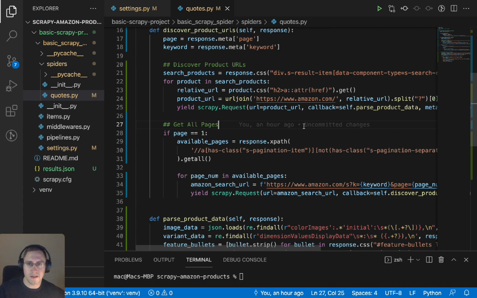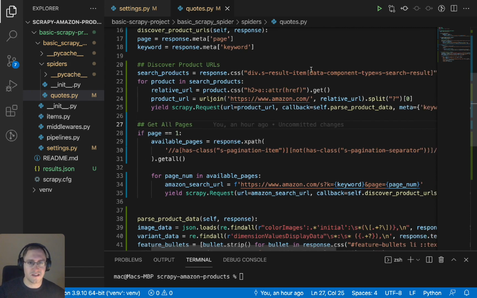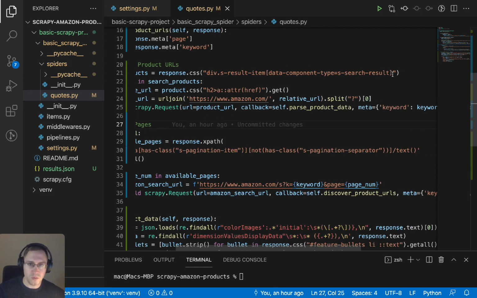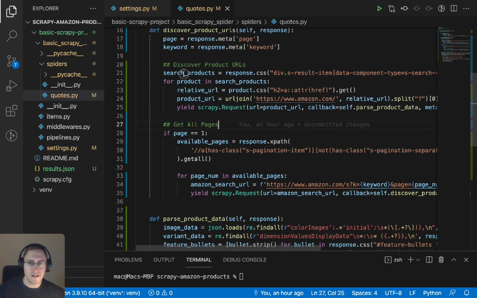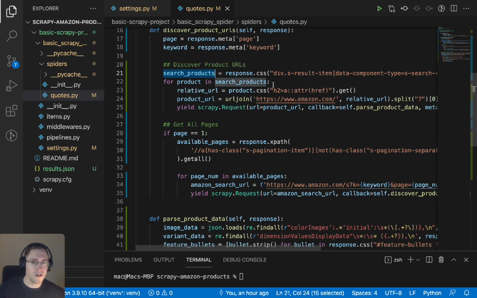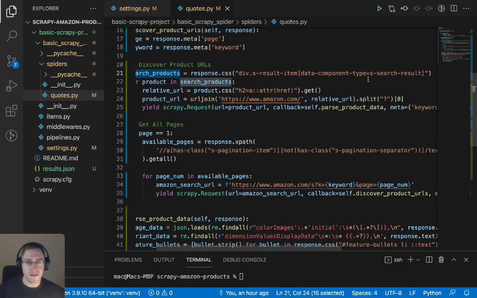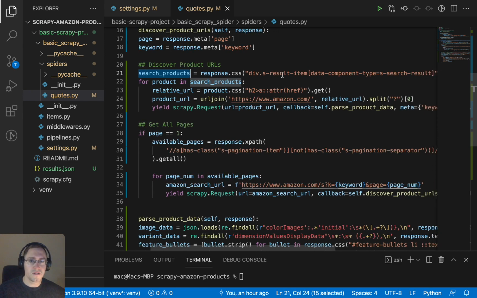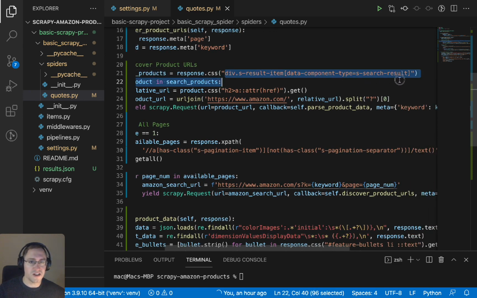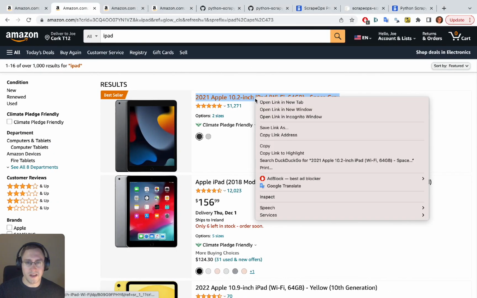So just very quickly before we move on to running this spider, I just want to take a quick look at the CSS selectors, especially for those of you who might be just getting into scraping with Scrapy. So the search products variable here, which contains all the search results that we're going to loop through. So as you can see, we have this section here, which corresponds to certain items that are displayed on screen. So what we can do is to get those